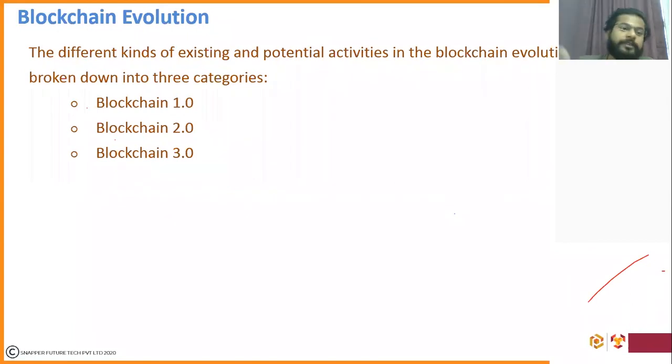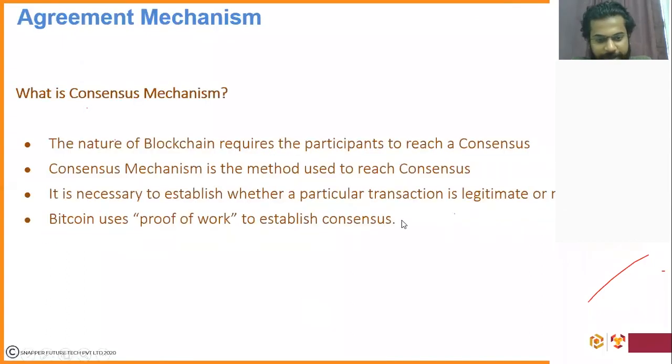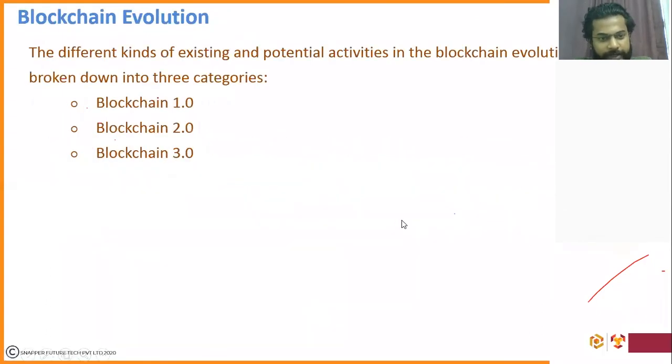Yeah, exactly. In 2.0 it went beyond currency. You are able to create your own applications, and that happened with Ethereum. What happened in 3.0? You guys have heard about Hyperledger, right? So are you able to relate what happened: first currency, then you are able to create applications based on this technology. So in 3.0, obviously, what happened was